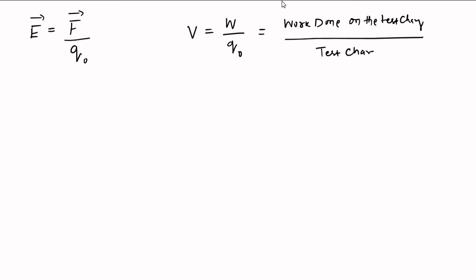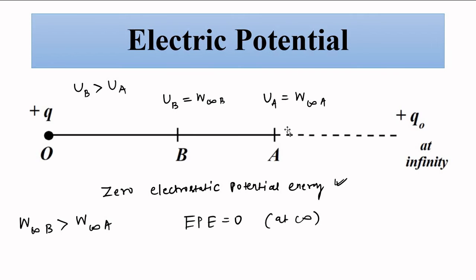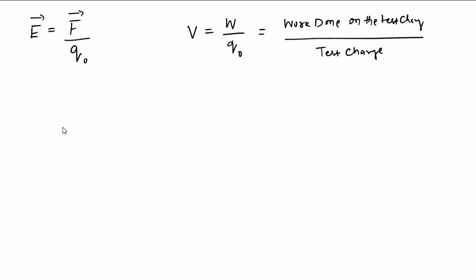So in this case, the electric potential at point A, let's call it V subscript A, is simply the work done in moving the charge from infinity to point A divided by the test charge value,